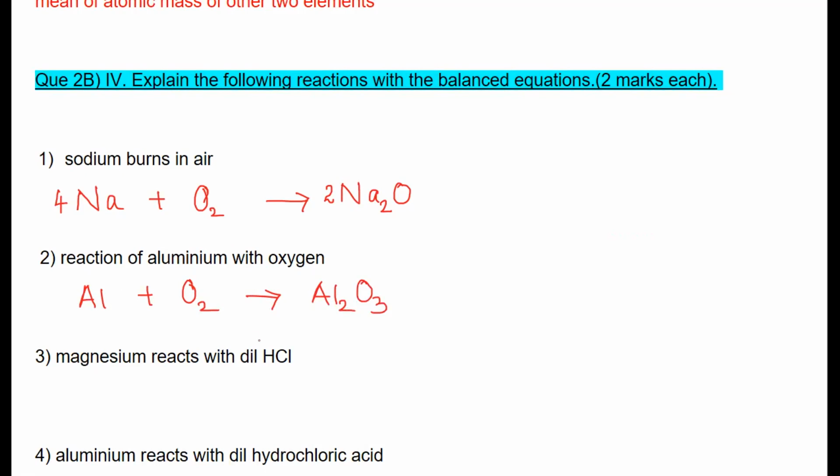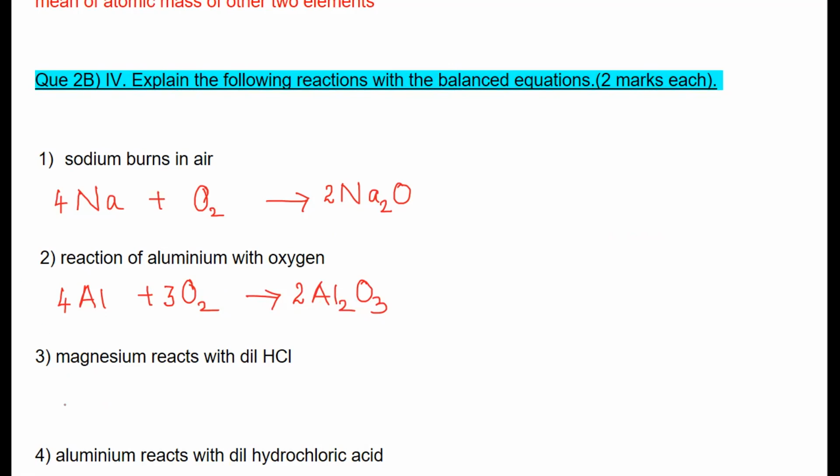Okay. Now we have to balance. On the left side 2 oxygen atoms, right side 3. So here I am going to multiply with 2. Now oxygen becomes 6. So here we have to multiply with 3. 3 2s are 6 oxygen. Both sides oxygen is balanced. Now let us check aluminium. Aluminium is 2 2s are 4 aluminium. So here we have to multiply with 4. So the balanced equation is 4Al plus 3O2 gives 2Al2O3.